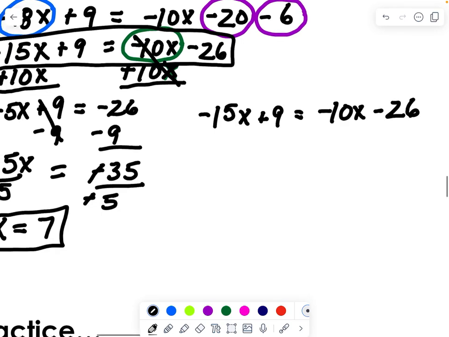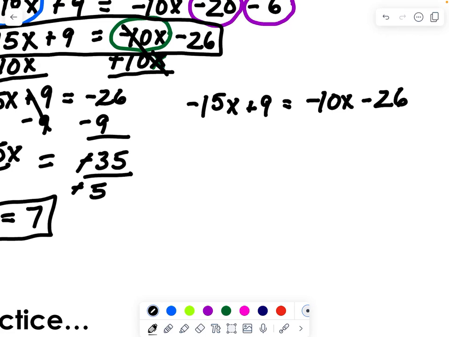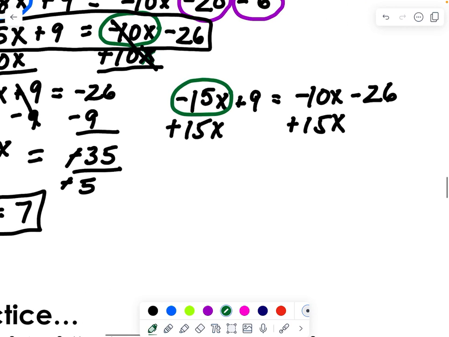Because I want to show you that even if I pick the bigger one instead of the smaller one, I can still get the answer. But what ended up happening was I was dealing with some negative numbers there. So let's say I did actually move the smaller one, which is actually negative 15. It is smaller than negative 10. So let me add 15x to both sides instead, okay? So instead of moving that, I actually moved this one, which is what the directions told me. But I wanted to show you that even if you picked the wrong variable, you're still going to get the same answer. So let's move this one instead, and I would end up with